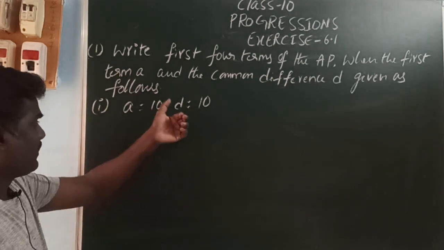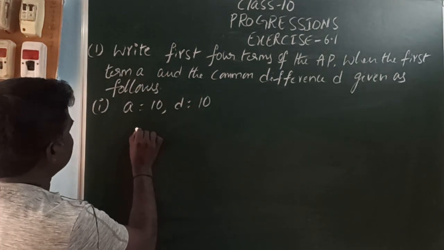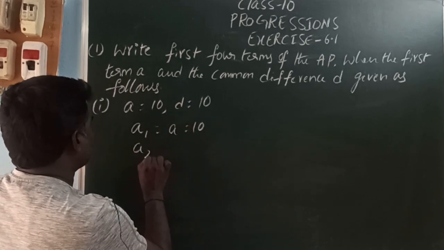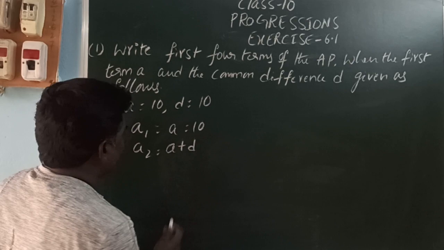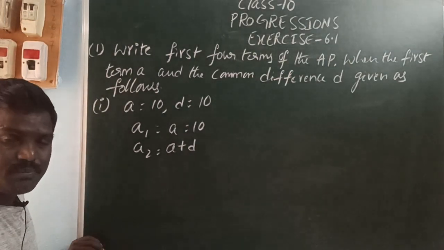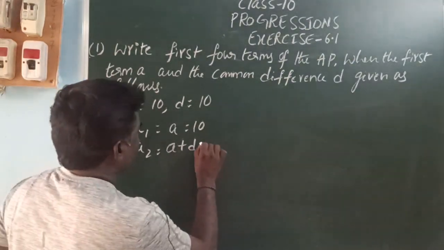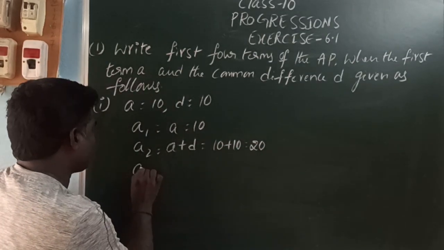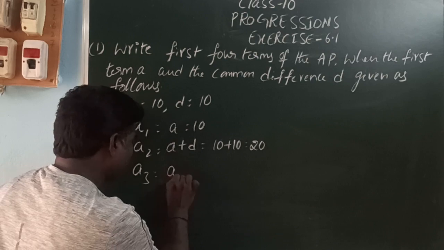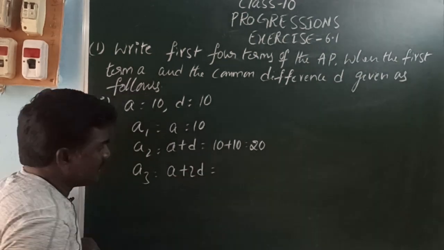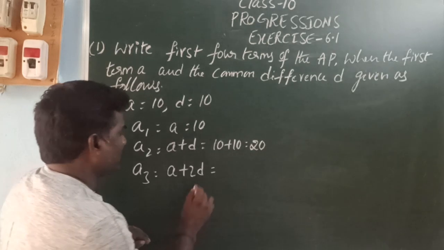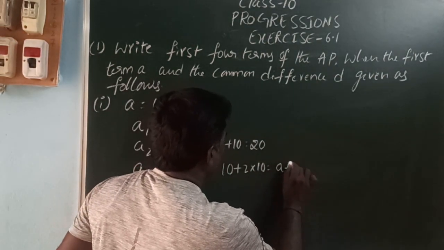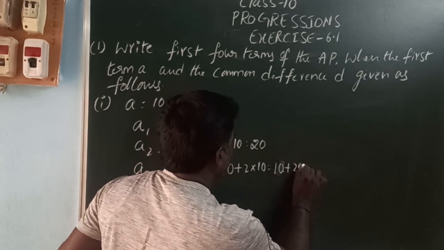Here they ask to write the first four terms. The first term A1 is equal to A, which is 10. Second term A2 is equal to A plus D, because the common difference is added to its preceding term. So A plus D is 10 plus 10, that is 20. Next A3, that is A plus 2D, so 10 plus 2 into 10, that is 10 plus 20,